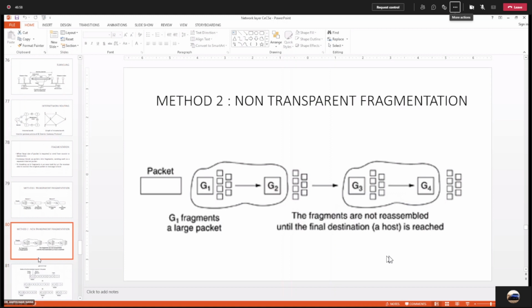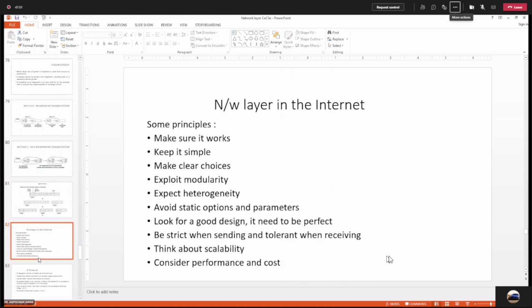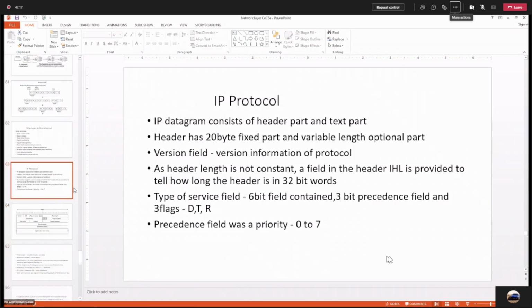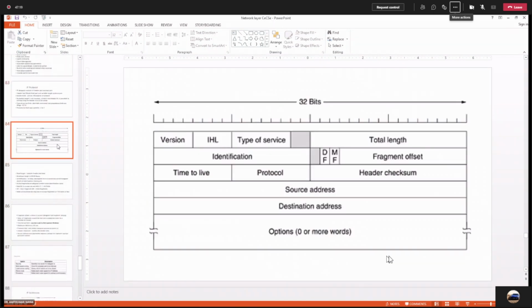So, the network layer in the internet follows some important principles to provide connectivity. I think we have already discussed the IP protocol. Please acknowledge whether we have discussed the IP protocol or not. Yes, this is the IP protocol header. If you have not discussed it, this is the IPv4 protocol header, and you have to prepare it. You all know it very well.